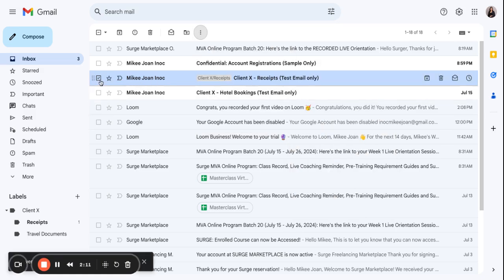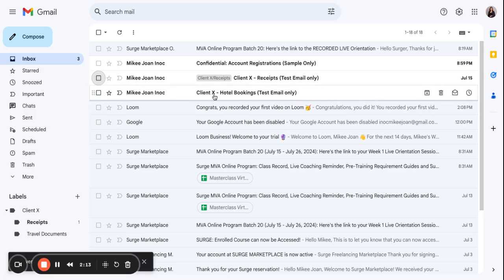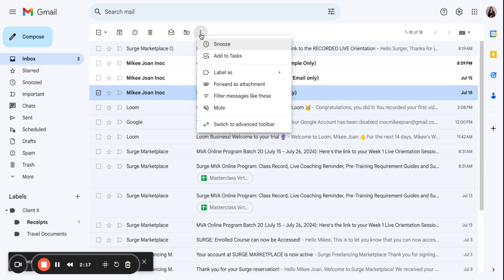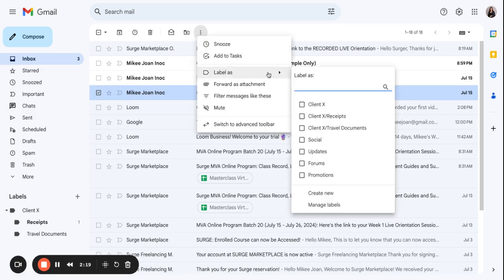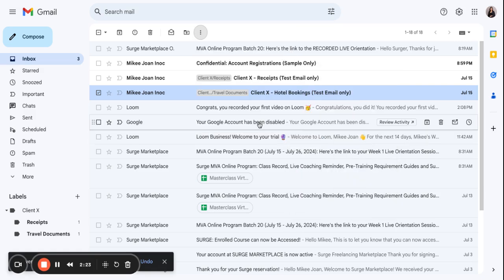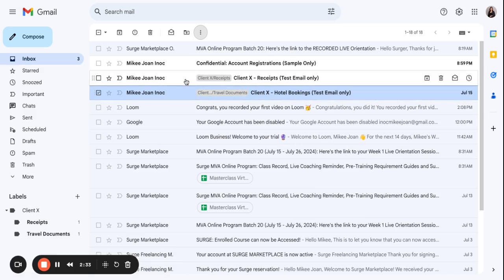Same thing for this one, Client X hotel bookings. I will select this one, click the three dots, point to label as and click Client X travel documents. As you can see on your inbox, it is already labeled as Client X receipts and then Client X travel documents.